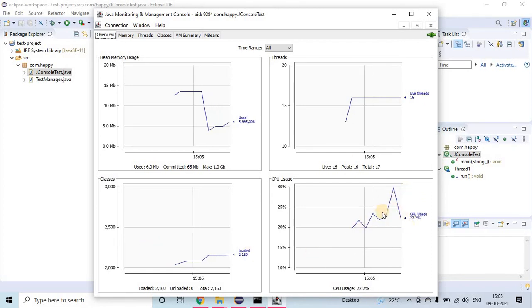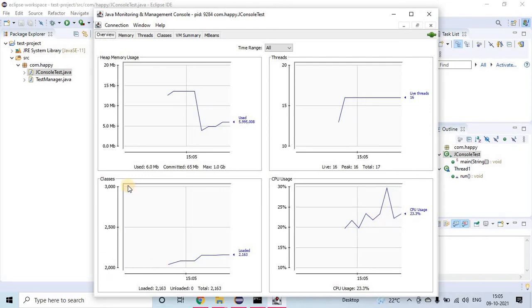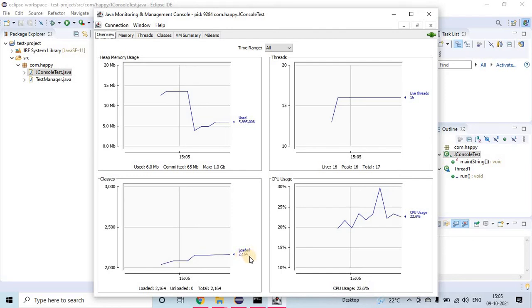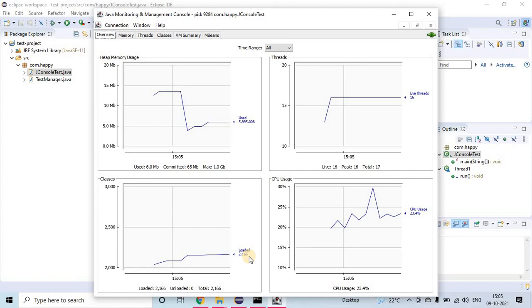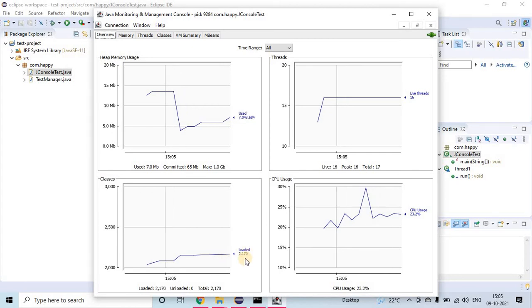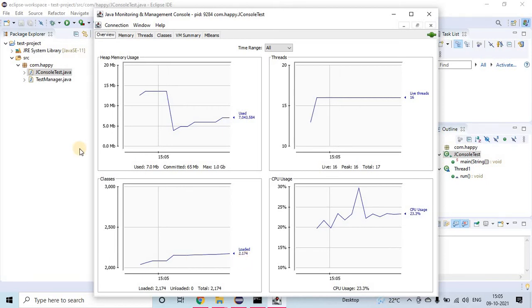See, CPU went up and then came down. These are the number of classes loaded: 2164 classes. See, guys, when you run a single Java program, so many classes will be loaded behind the scene. So this is the overview section.